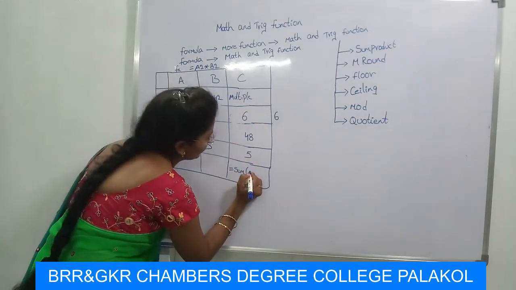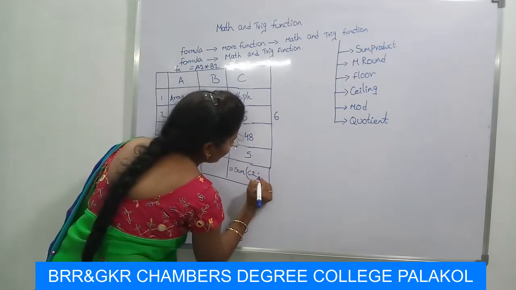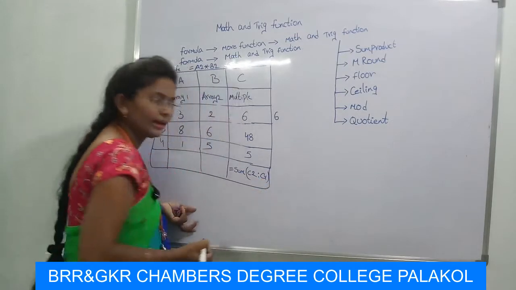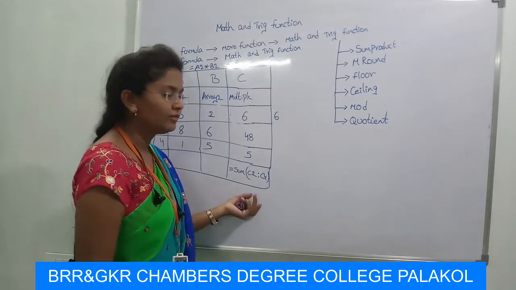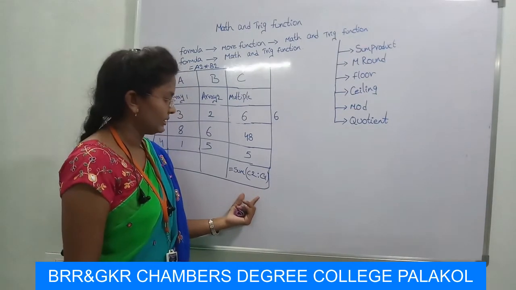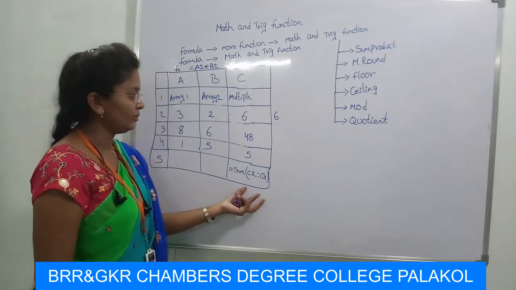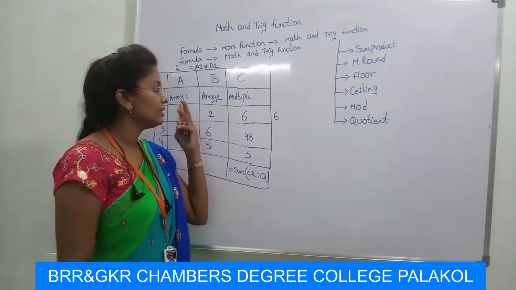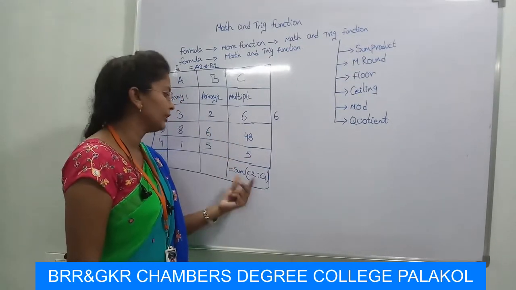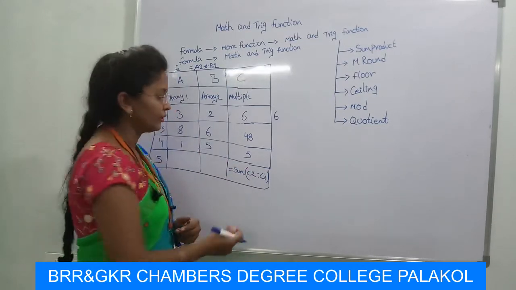That one is C2 and then the last column is C4. Close the bracket and press enter. Then the answer will be displayed here at the C5 cell. Then the count will be displayed in this cell. This is the way to multiply those data, whatever you entered in the Excel sheet, and add the results, and you can display the result in the C5 cell.